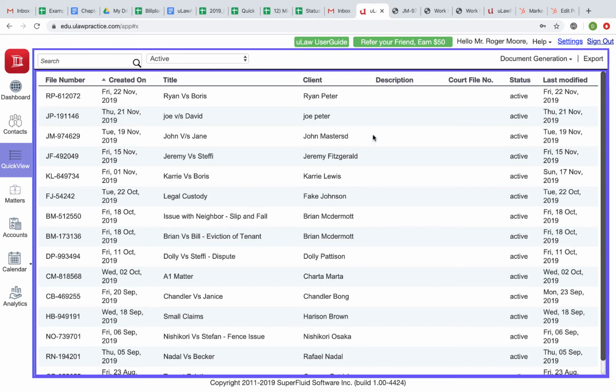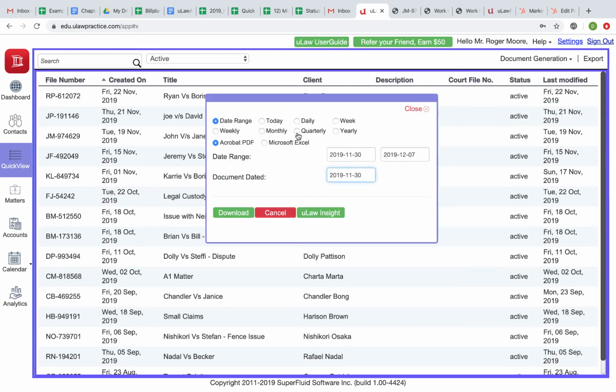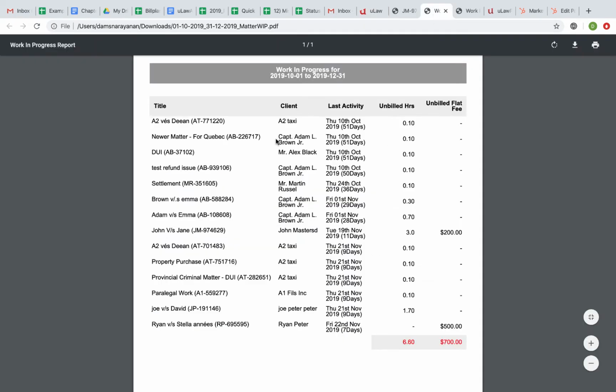So one of them is called the work in progress report. Another one is the work in progress disbursement report. In the work in progress report, you can just click on work in progress. Let's say one for this quarter, and you can download. So when you do that, it'll basically show you all the work in progress in that period